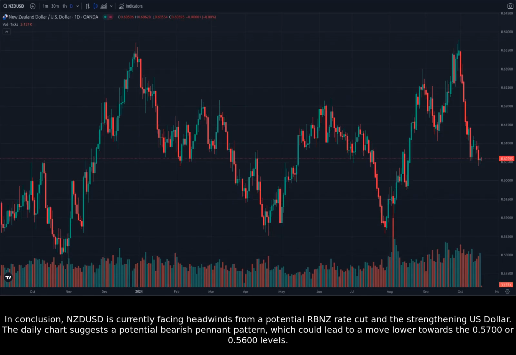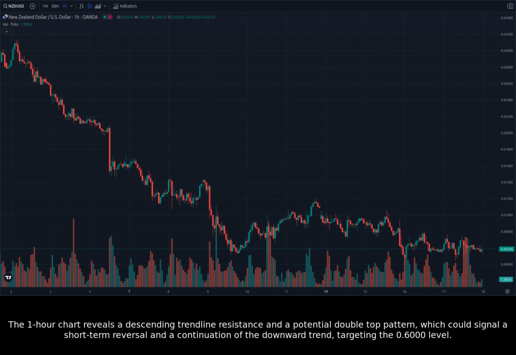In conclusion, NZDUSD is currently facing headwinds from a potential RBNZ rate cut and the strengthening US dollar. The daily chart suggests a potential bearish pennant pattern, which could lead to a move lower towards the 0.5700 or 0.5600 levels. The 1-hour chart reveals a descending trendline resistance and a potential double top pattern, which could signal a short-term reversal and a continuation of the downward trend, targeting the